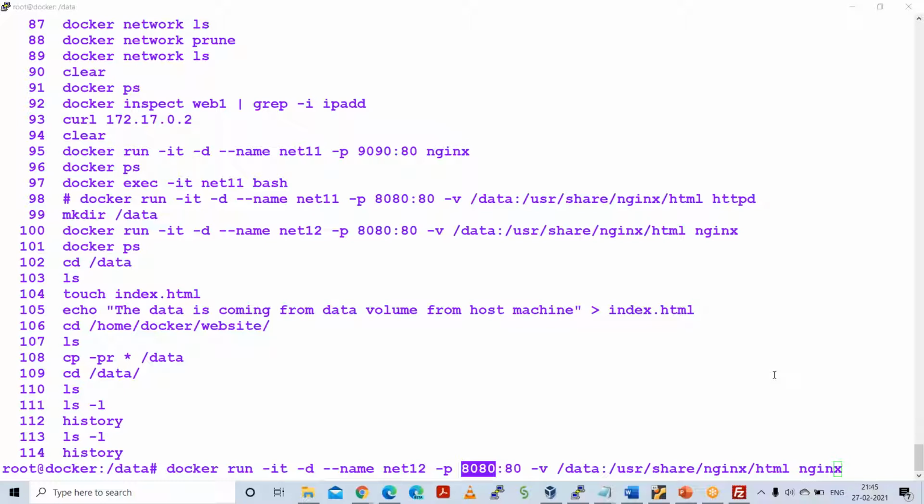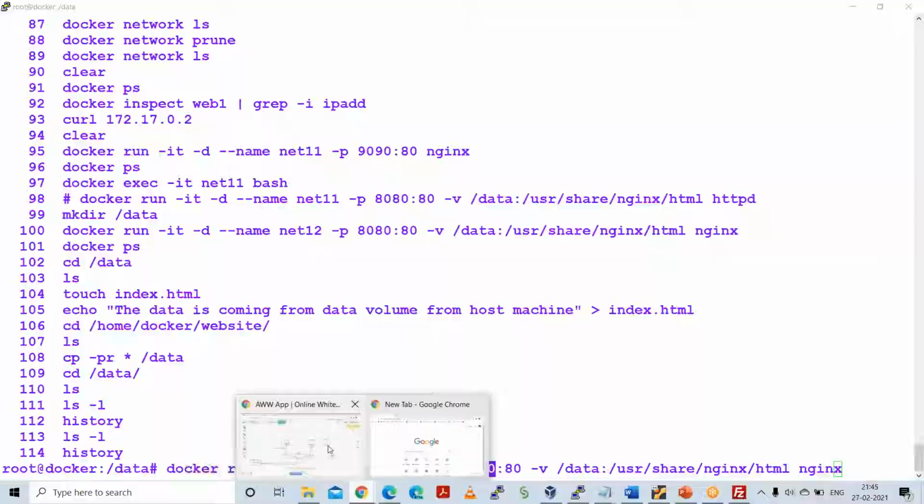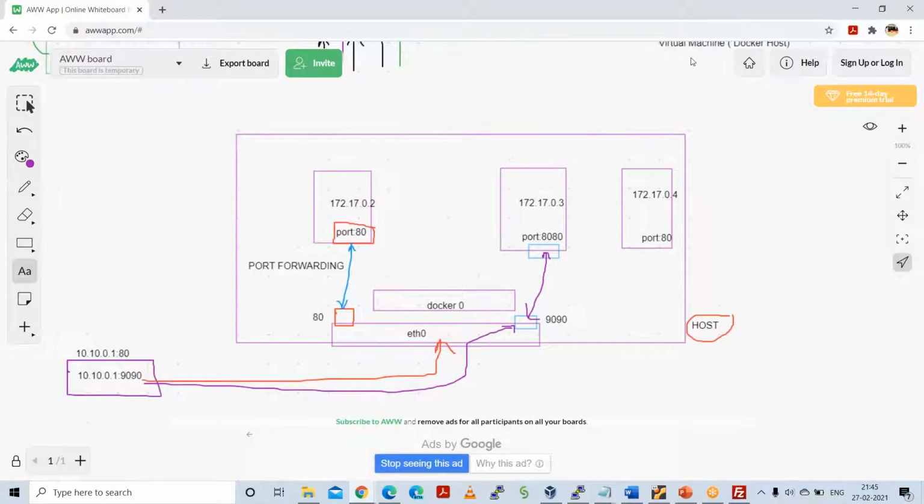I agree that we are mapping ports, but since IPs are different for different containers, how will it identify which IP? It is going on the port, but the host port will be different, and the container ports can be the same. Yeah, this is my question actually, Ramesh. Can you go to that diagram? Okay. So now,